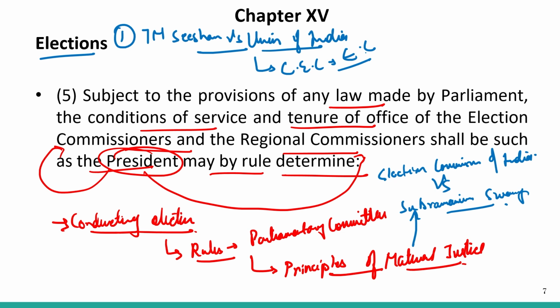but he is considered to be the one amongst equals. So in the same way, when you talk about the Chief Justice of India and the judges of the Supreme Court, both have the same powers and the same utilities, and he is just considered in the same manner as the Chief Justice of India. The Chief Election Commissioner was also considered to be the first among equals, and no special power shall be given to the Chief Election Commissioner, apart from obviously giving the recommendation for the appointment of Election Commissioners and the regional commissioners. Okay. Now, let's move forward